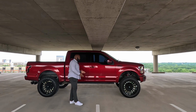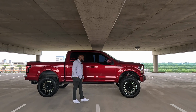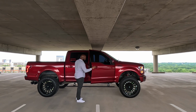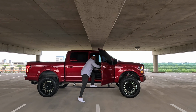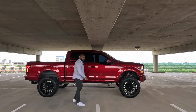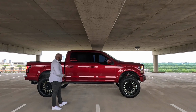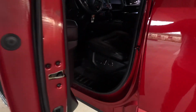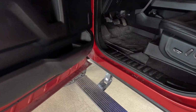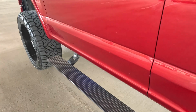And last but not least, we're gonna discuss the AMP power steps. I do have AMP power running boards down here. If you don't know what that is, I'll go ahead and show y'all here really quick. That's basically when I open the truck, the steps come down, which allow you to step up a little easier, which is very, very much needed with the truck being this tall. Excuse me, can't talk. Now, those AMP power running boards were probably like the second or third most expensive thing, which is crazy. But with labor, with price and install, you're looking at about $2,000